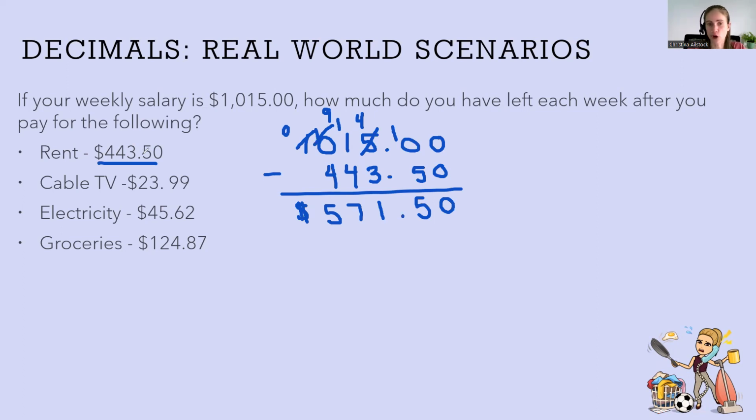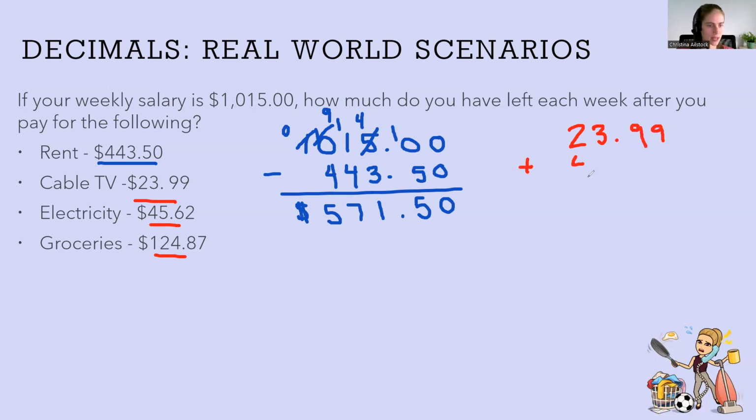The only downfall of this way of doing it, subtracting each time, is that when we subtract, as you noticed here, we might get into a lot of borrowing and it can get messy. So let's finish off the problem by using the other method. Let's now add up the rest of our bills, and then we'll subtract that from how much we have left over. So if we have our cable,